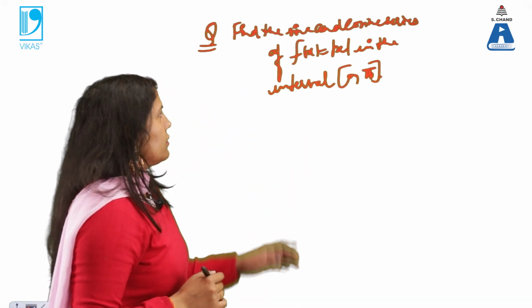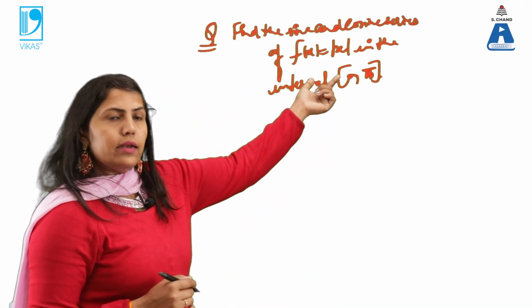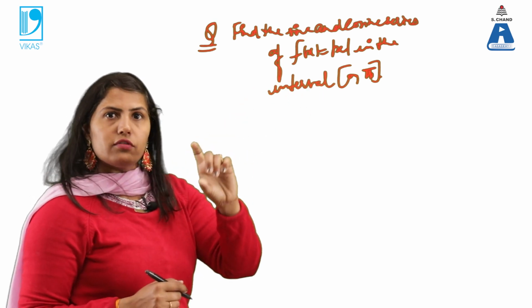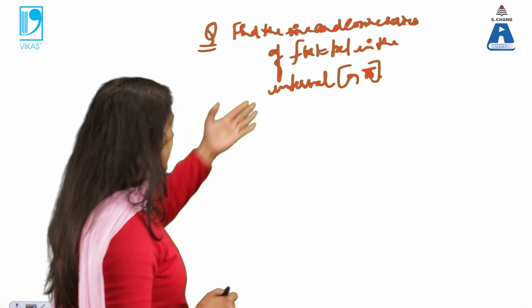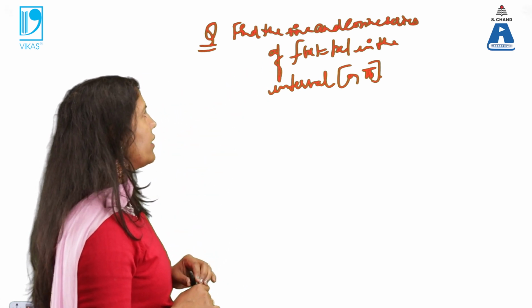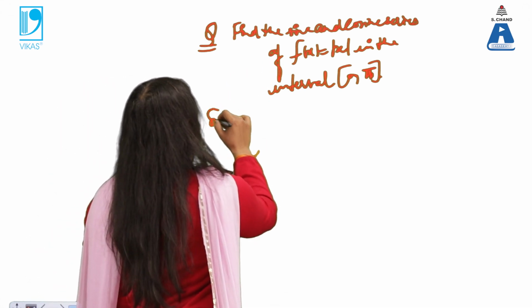So the function I have taken, and you can clearly see if the interval is half, it is understood that the question is of half range, but anyhow it is mentioned that you have to find sine and cosine series. So for the solution,